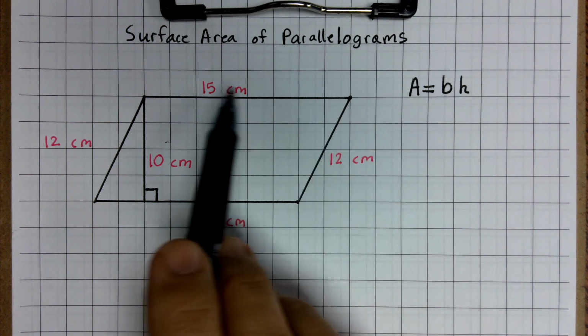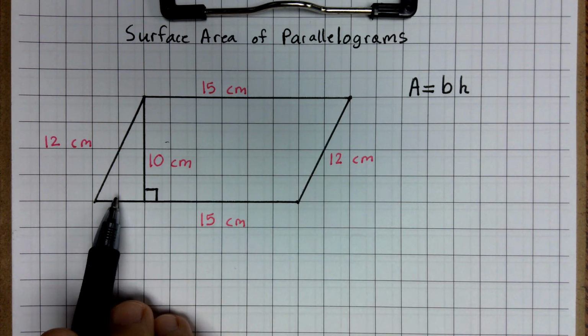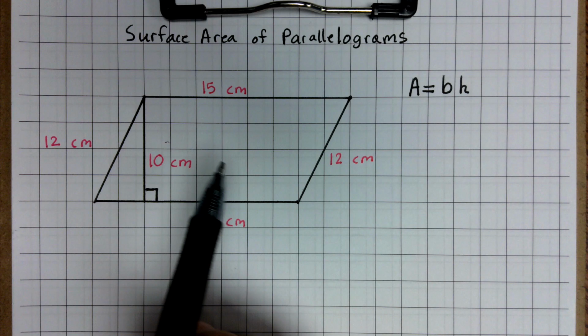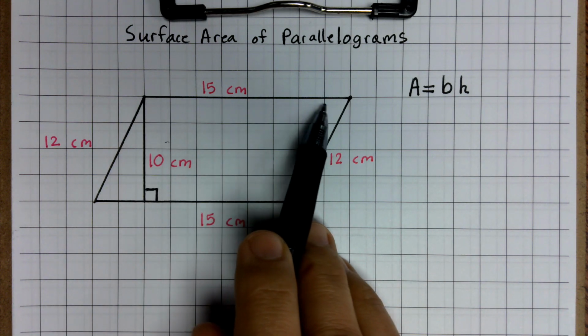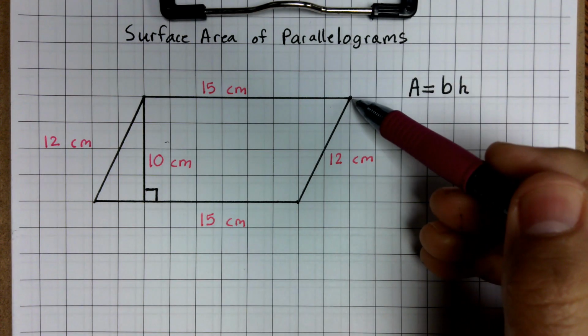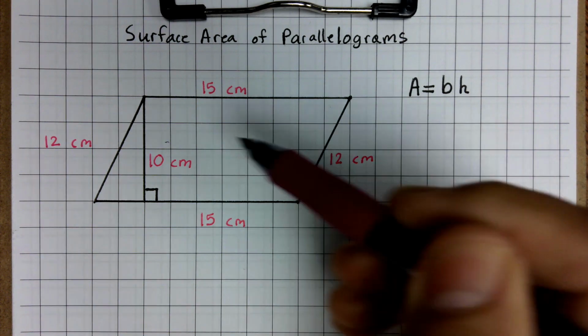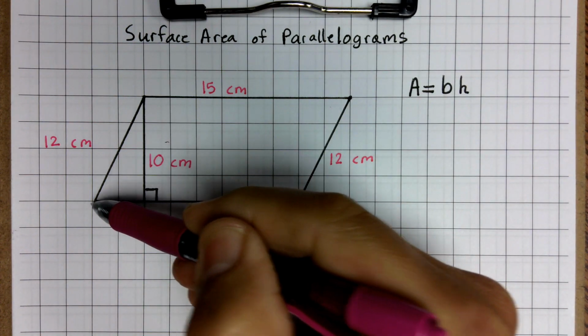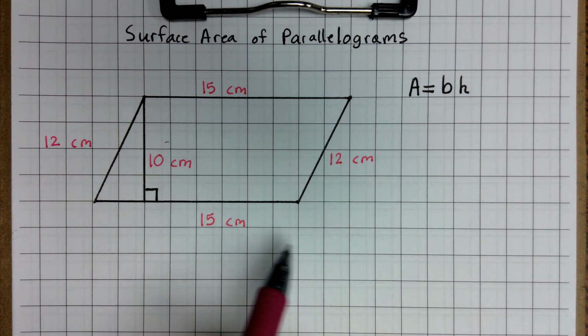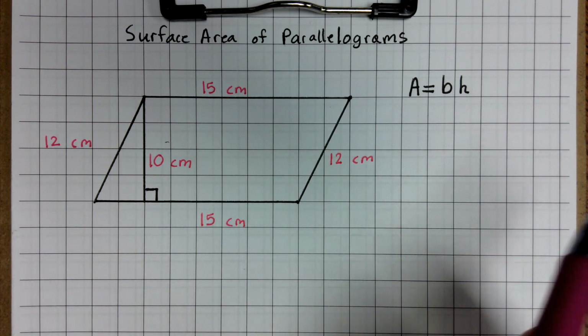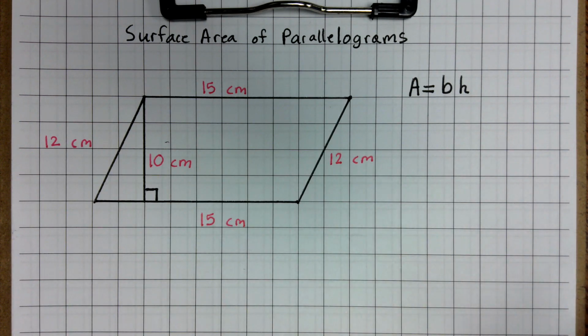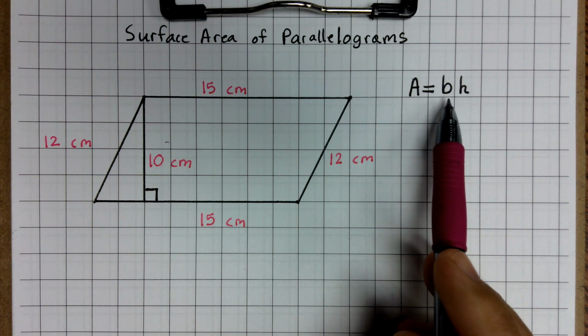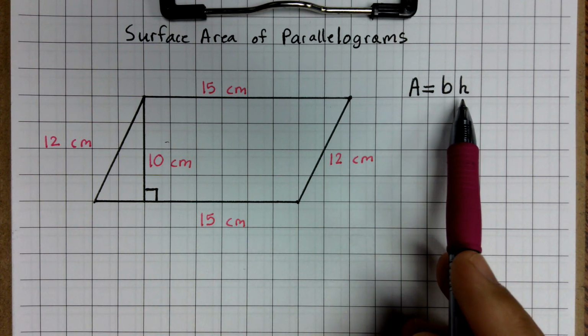Now when it talks about the sides of the parallelogram, notice this side is 15 centimeters, and its opposite side is 15 centimeters. And notice that this side is 12 centimeters, and this side of the parallelogram is 12 centimeters. So this is just some of the characteristics of it. And if we want to find the surface area, all we really need is the base and the height of